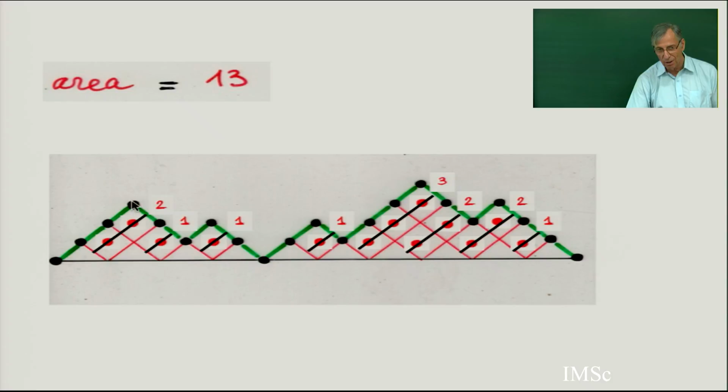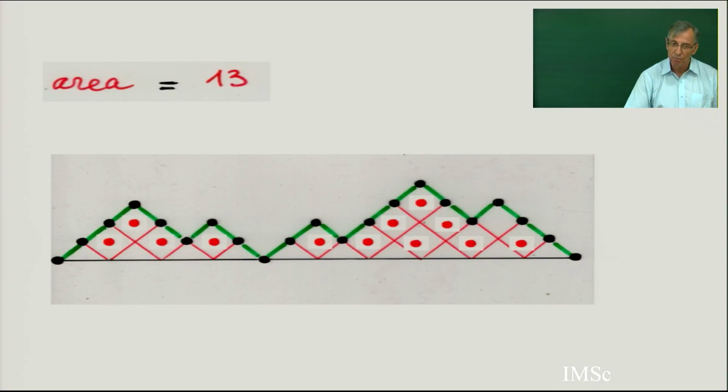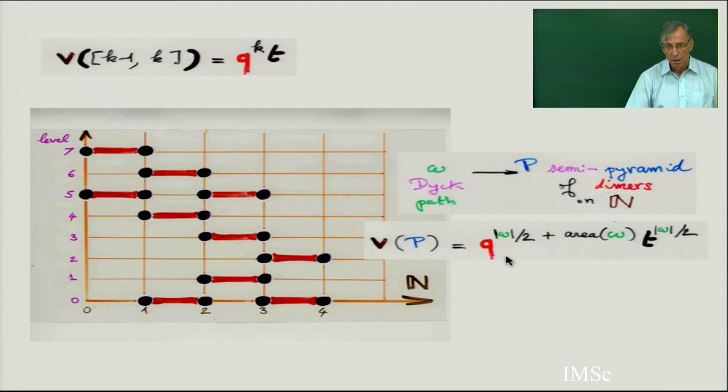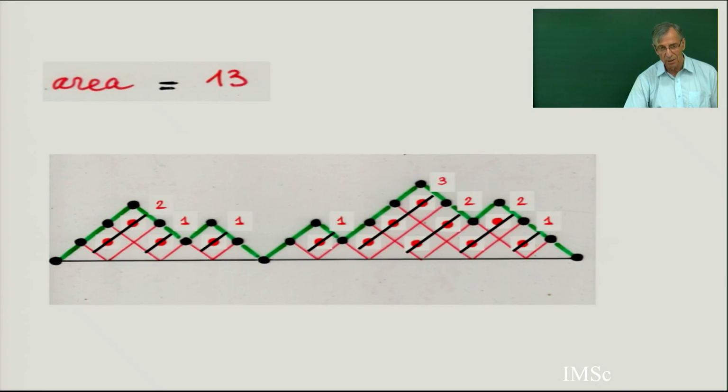The weight of the down step in the Dicke path, which is 2, 1, 2, 2. There is no weight here. It's this weight, which counts the number of cells below the Dicke path, is going to be the weight of the semi-pyramid. But there is just a shift because the smallest weight of this first dimer is the weight Q, Q2, Q3, and here in the Dicke path, this is weight 1, Q. So Q power 0, Q power 1, Q power 2. So it's just a shift of Q.